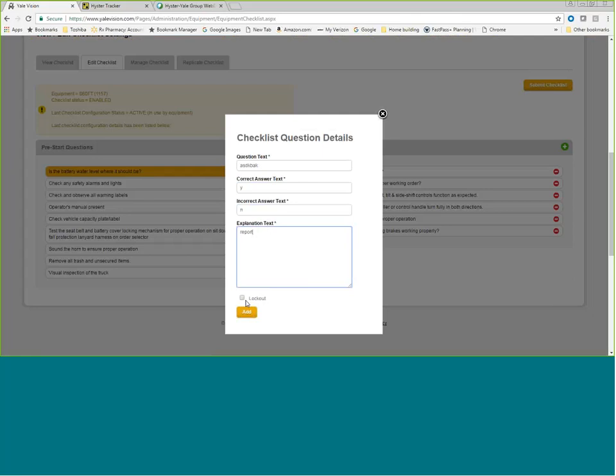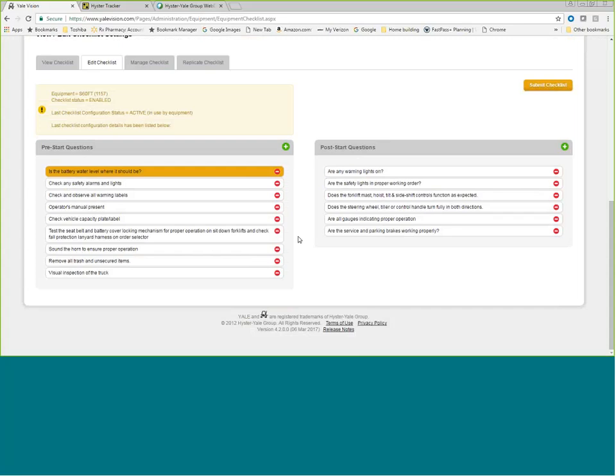A lockout on a pre-start question means that if they answer it incorrectly and the lockout box is enabled, it will not allow the truck to start. If it's a post-start question, it'll cause the truck to shut down. And then add the question. Once you've finished modifying or creating your checklist,